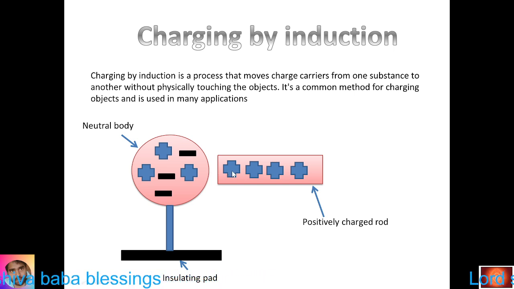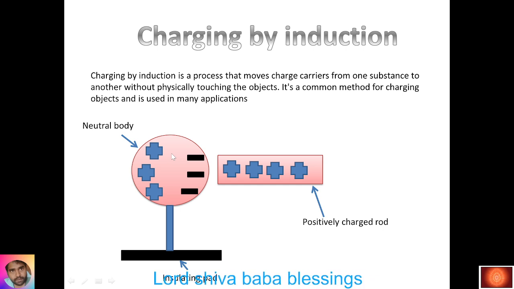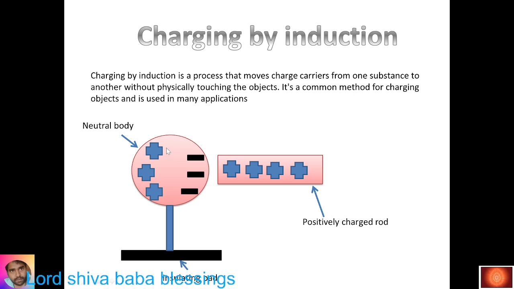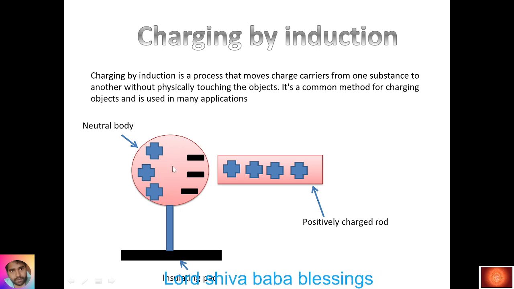So these positive charges try to attract the negative charges towards it, and the positive charges are being repelled. What this causes is a polarization of charges. Polarization means a negative charge is present only on one side and the positive charge is present on the other side. So now this is being polarized, but still remember that this is not